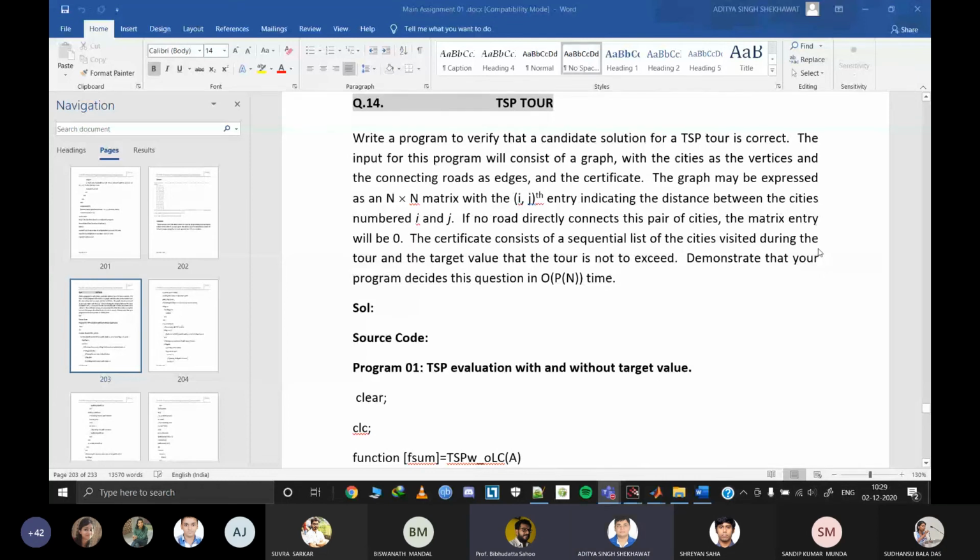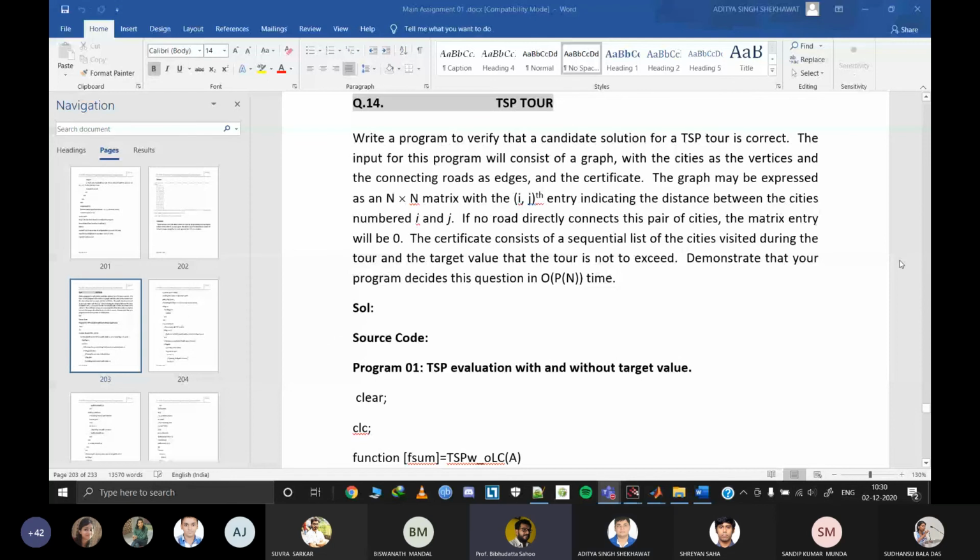Then next, the input of this program will consist of a graph, and the graph may be expressed as a matrix. That is also restricted: you should use an adjacency matrix of distances between cities. If no road directly connects two cities, the matrix entry will be 0. This is again a representation. The certificate, you remember this word certificate also appears where?